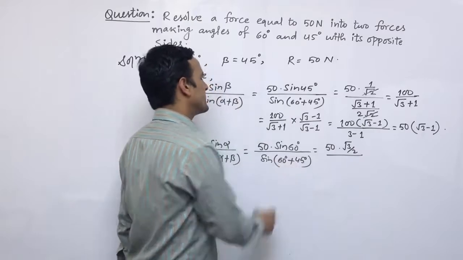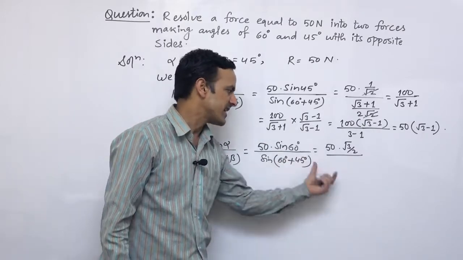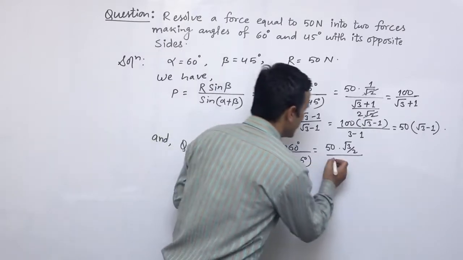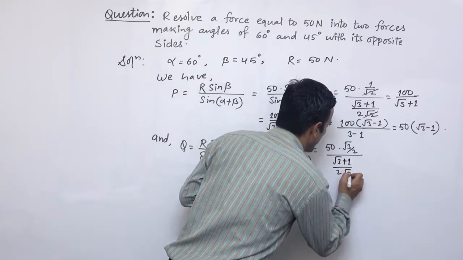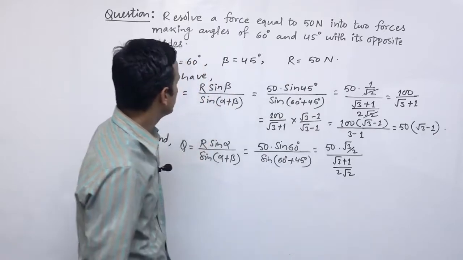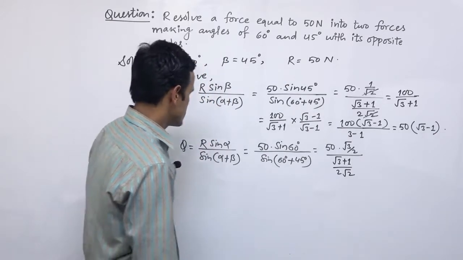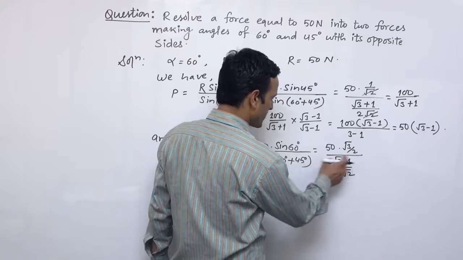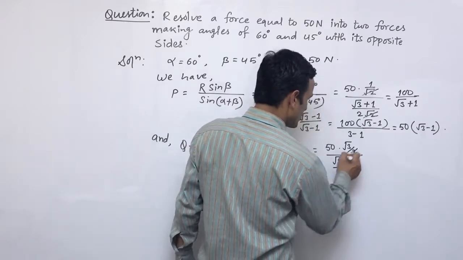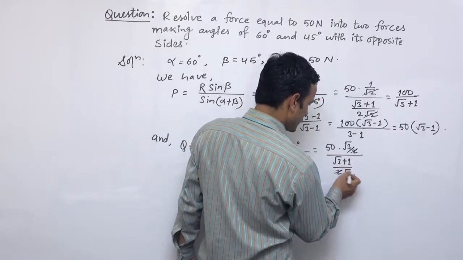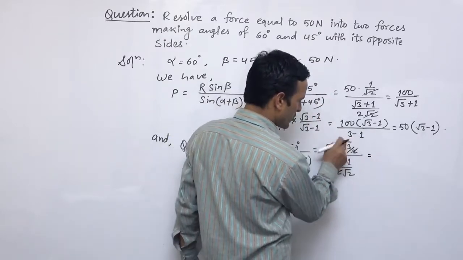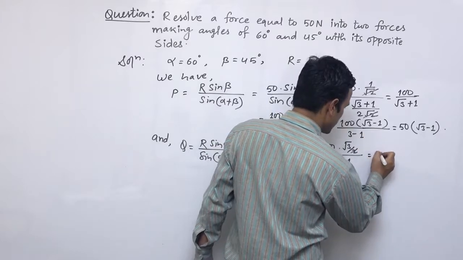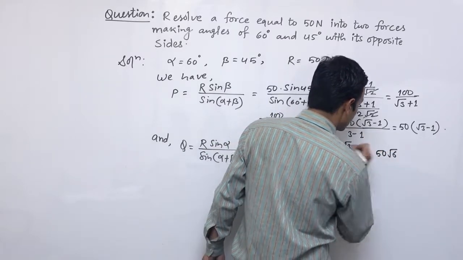And sin A plus B, sin A cos B plus cos A sin B. So if you use this formula, we get root 3 plus 1 divided by 2 root 2 again, for 105. This is also 105. So it is root 3 plus 1 by 2 root 2. So 2 we can cancel, and root 2 goes up, then root 3 and root 2 give root 6. So 50 root 6 by